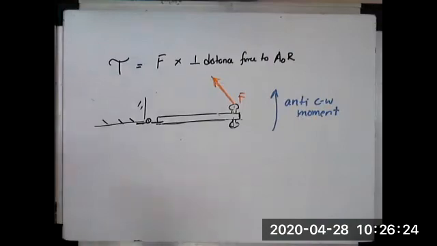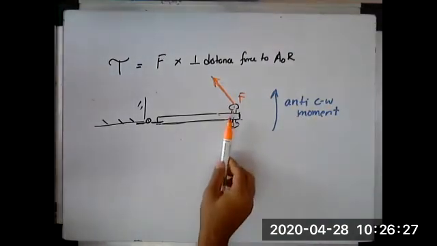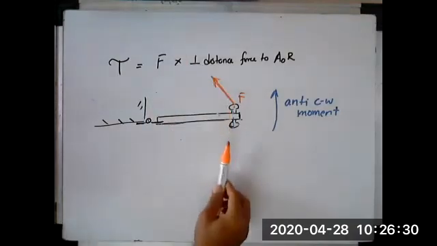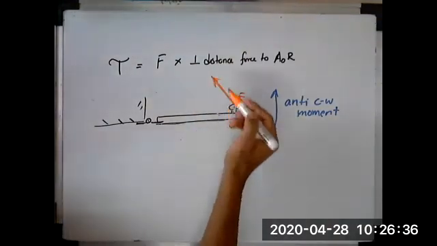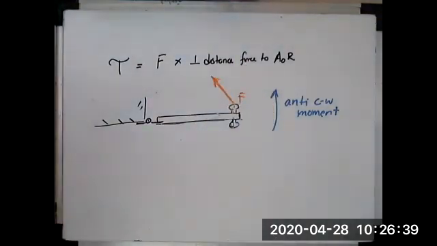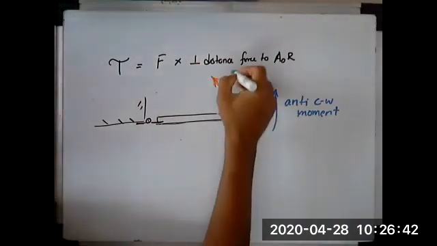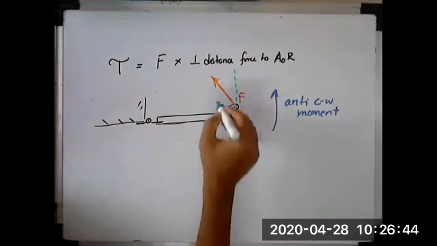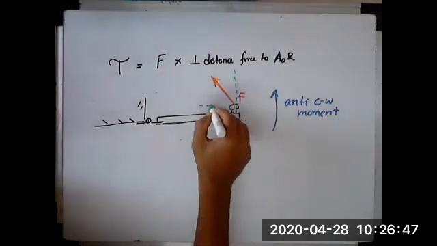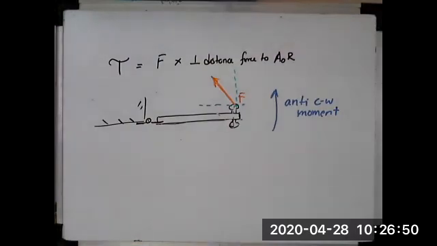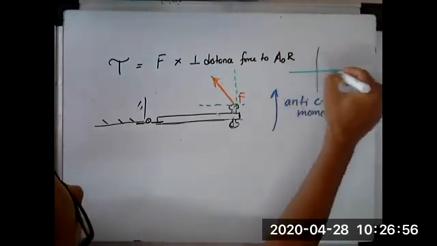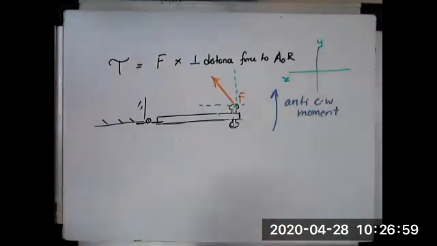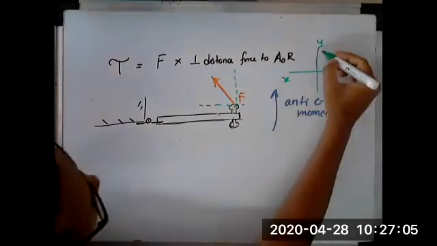I want to create an anti-clockwise movement, right? Matlab, I want the door to start accelerating in that direction. Of course, it will rotate, but I want it initially to accelerate in that direction. That's why I push the door handle. So the direction that I'm interested in is this direction, right? And the other direction that I'm looking at is, of course, this direction. Do you see that? So I'm looking to resolve this force along these coordinates, y and x. Is that fine? Do you understand this?